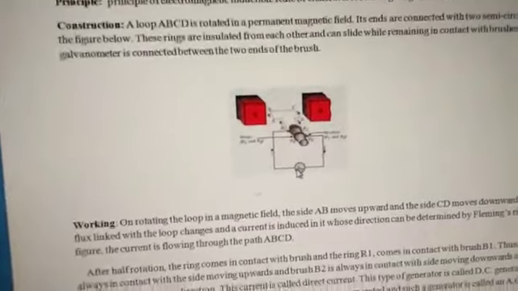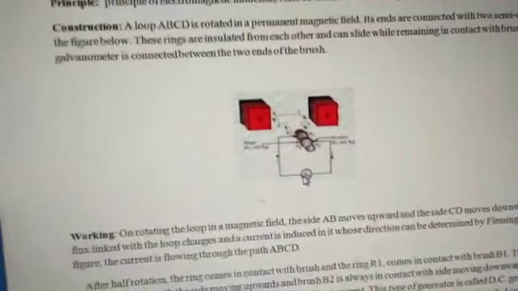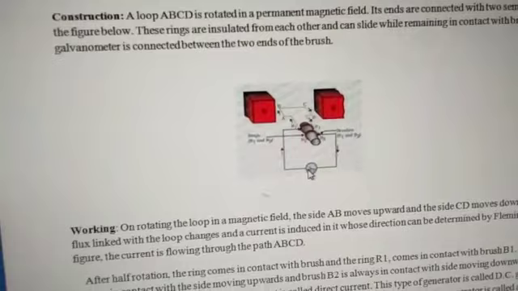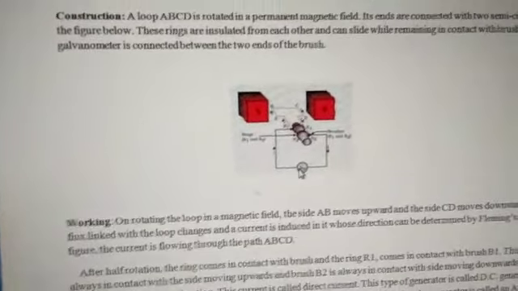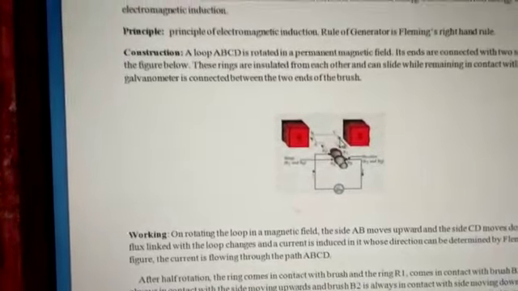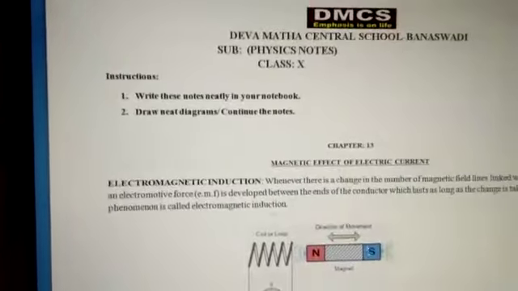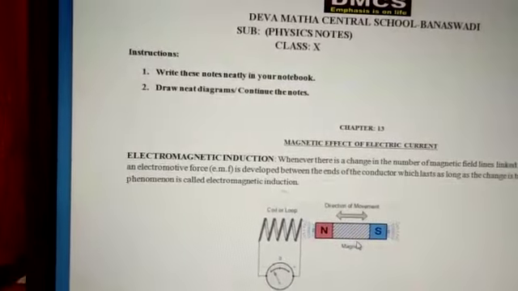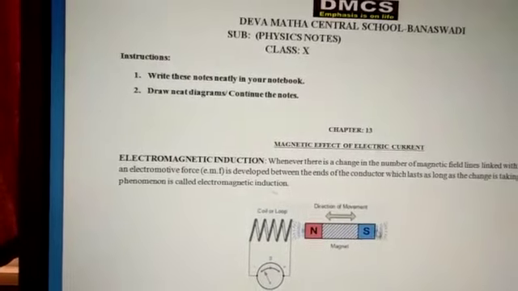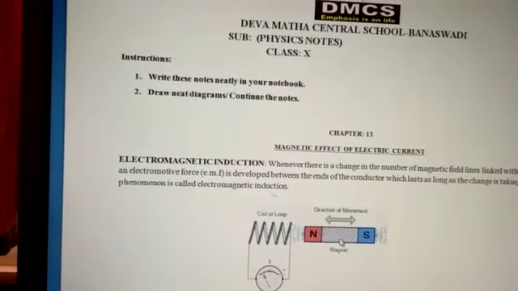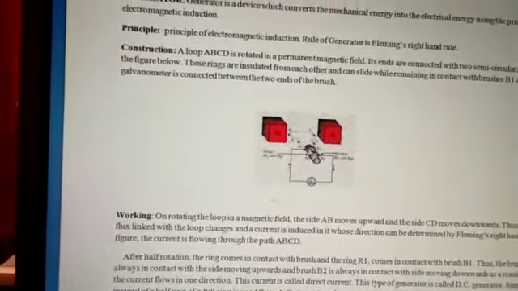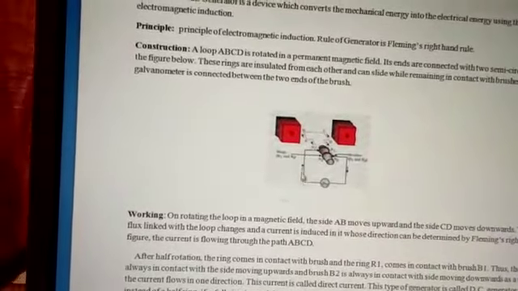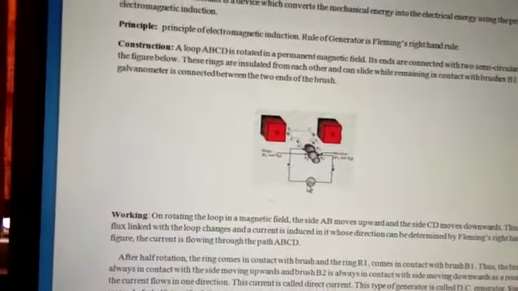If it flows in only one direction, then we can call it DC current. That is termed as direct current. So the induced EMF which is produced, you already know from this experiment: as a coil and a magnet have relative motion between them, it will produce an EMF. This EMF can be identified through the galvanometer.